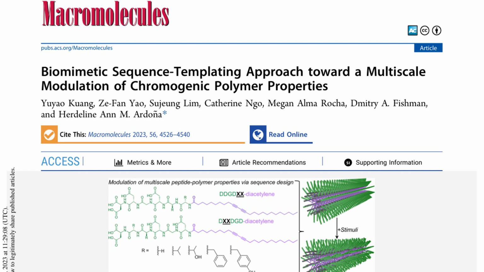They show that sequence-tunable molecular volume and polarity can be used to rationally modulate PDA material properties across length scales. The paper highlights the importance of peptide templating groups in driving and influencing the photopolymerization and chromogenic transitions of PDAs. The authors explain that noncovalent interactions within the peptide moieties, such as hydrogen bonding and electrostatic interactions,